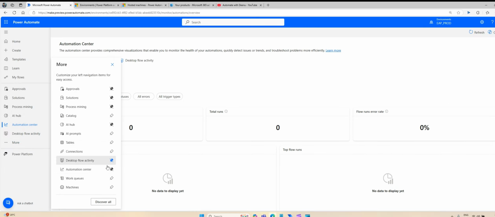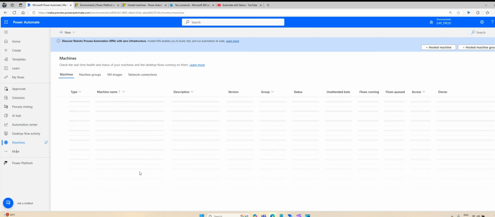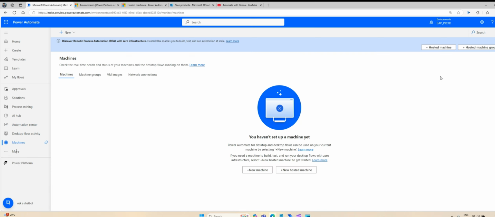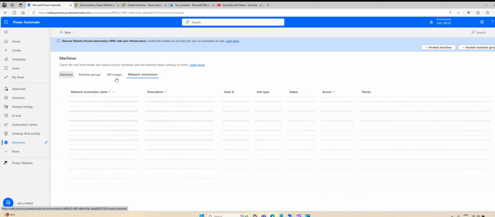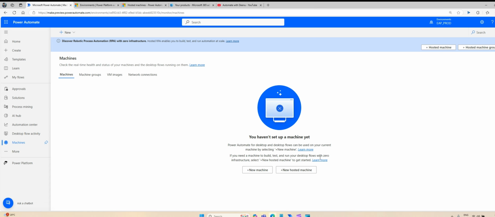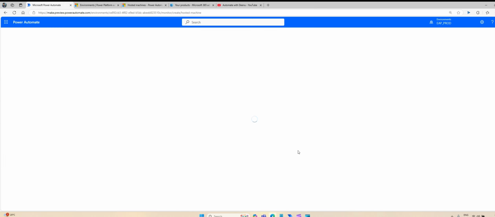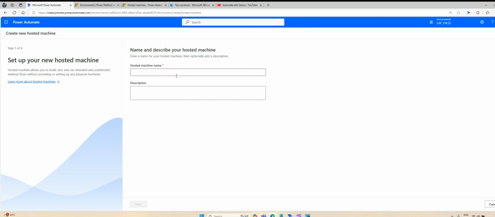So again, I go back to the machine. Here I don't have any existing machines. Okay, so everything is blank. So what I will do, I will go ahead and click the new hosted machine. I will keep this as automate with Dino hosted machine. Okay,